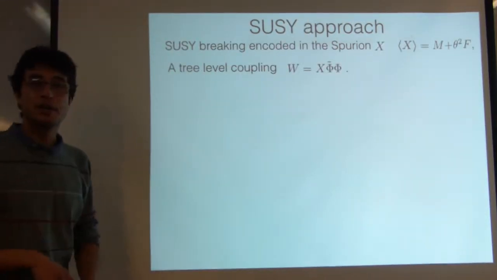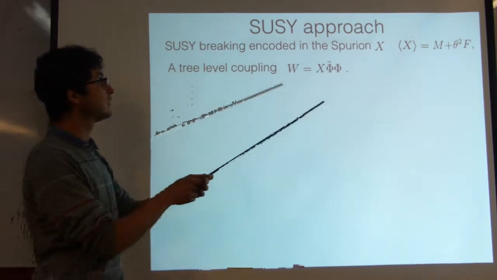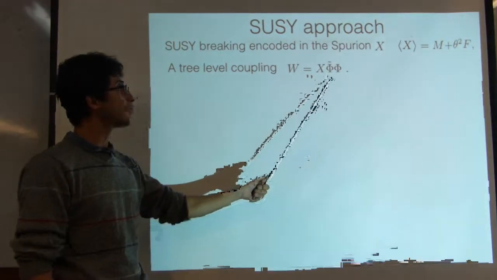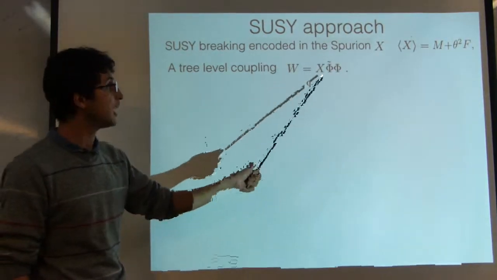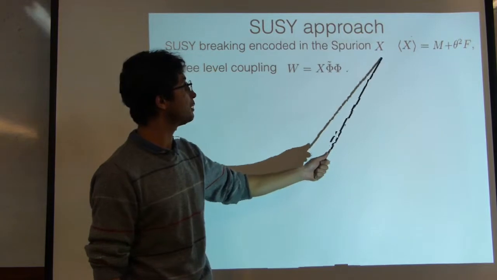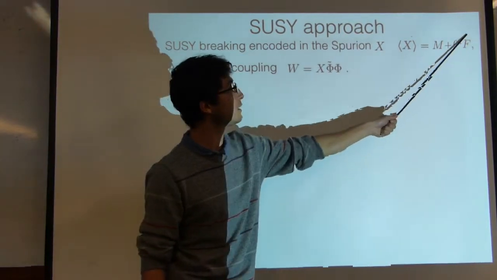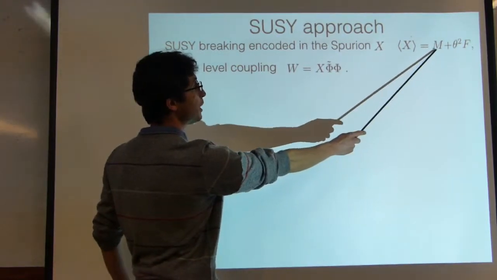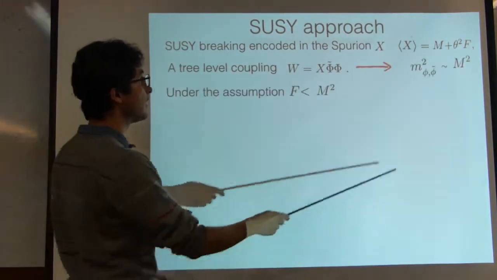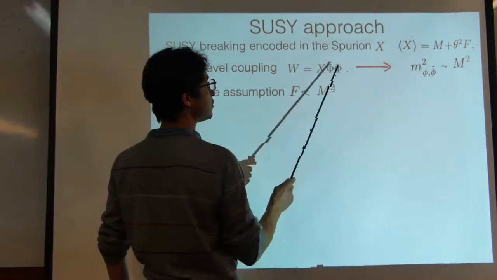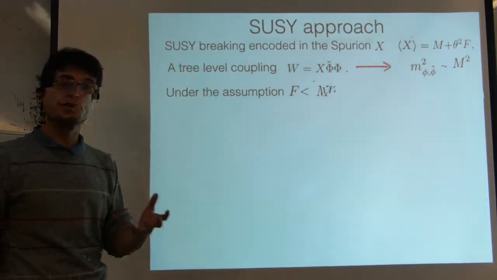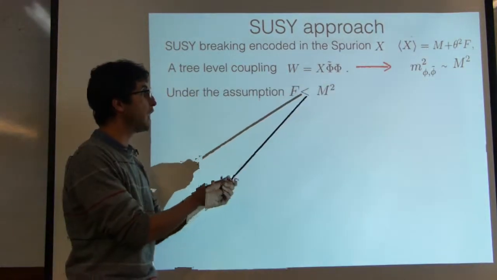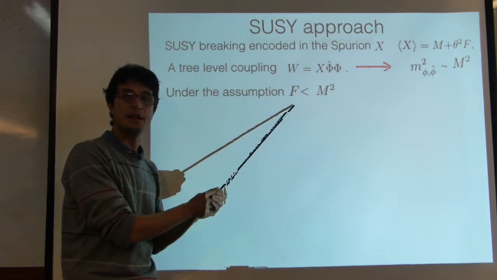So the idea is here, imagine that actually we have this spurion field that lives in the hidden sector, and this spurion field couples with the messengers. This coupling, if we suppose that this field breaks supersymmetry, has a non-vanishing auxiliary part, but also has a non-vanishing part here, and this actually gives a non-zero mass for the messengers. And now we are going to suppose that this mass that the messengers get is very large compared to the supersymmetry breaking scale.